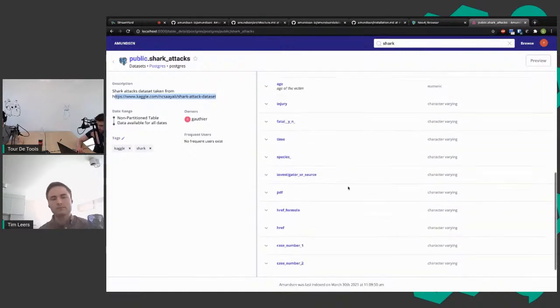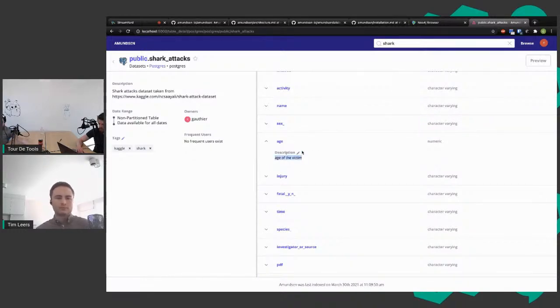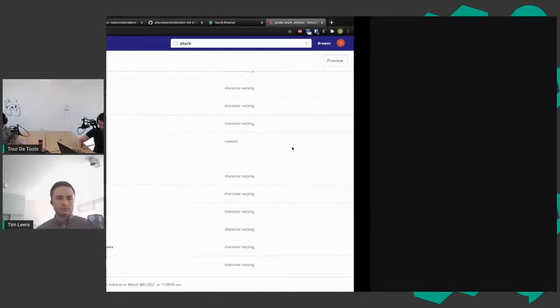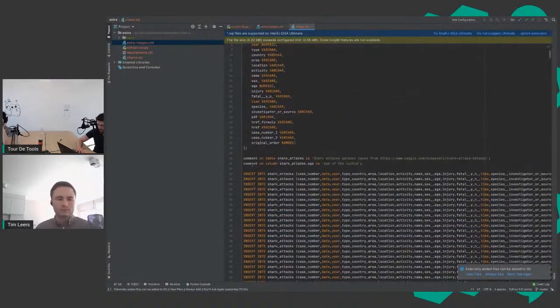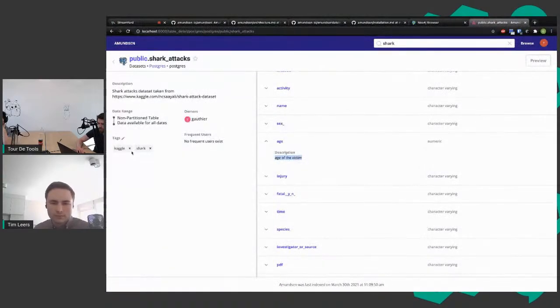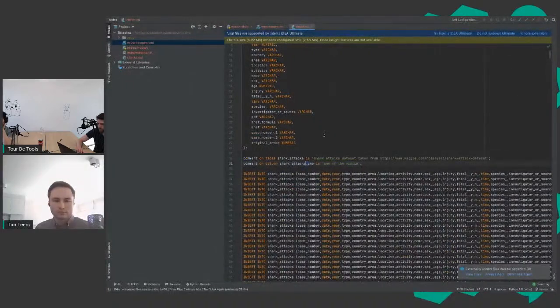Something I did extra compared to our previous run is I added one column description. This was done inside Postgres. If you actually look at the script, here I added a comment on the shark attack table's age column: age of the victim. And this is actually pulled in directly by Amundsen. So something we could try as well is